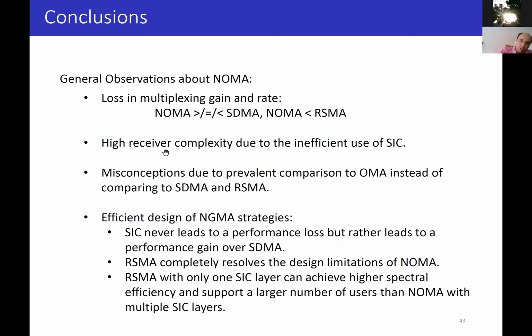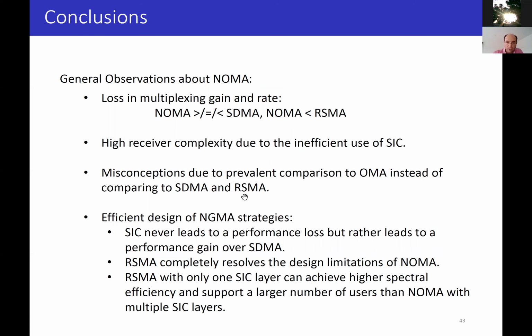It leads to a higher receiver complexity due to an inefficient use of SIC. So whenever you have gain over SDMA, you have to keep in mind that this comes at a cost of a very high number of SIC. And you could do much better than that by having a lower number of SIC and simply use, for instance,